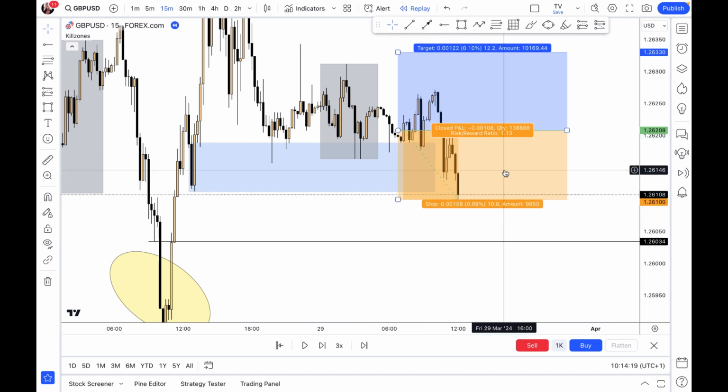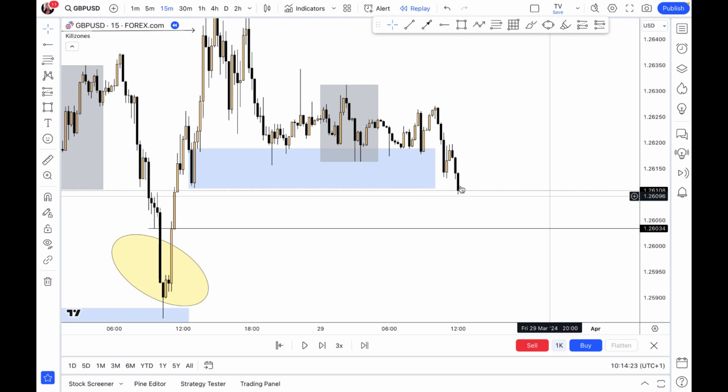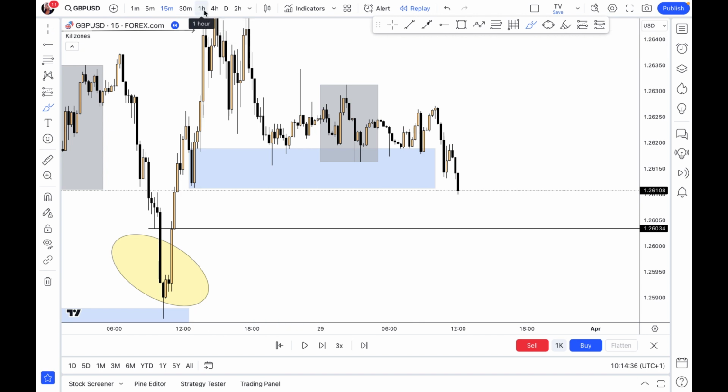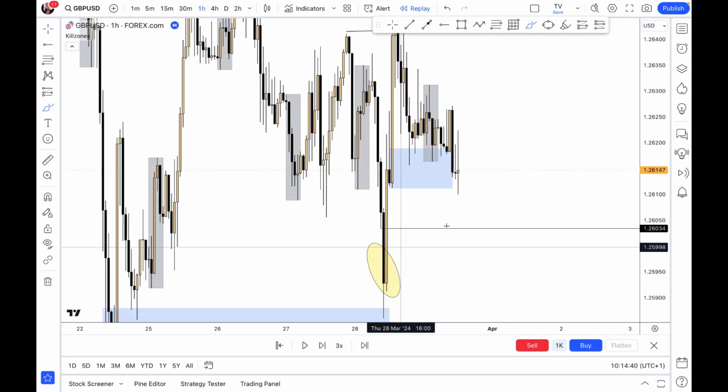Okay, so that was another losing trade for me, and I actually did blame myself because I should have been patient, because whatever the price action we had right here wasn't proper price action at all. So then I was like, okay, I will be patient and see exactly what is happening now. So coming to the 1 hour time frame now,